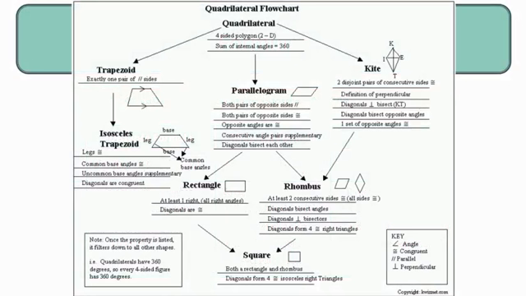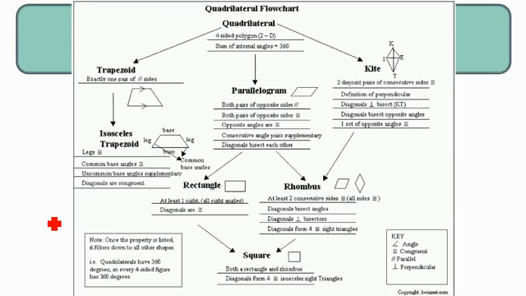If you haven't already done so, make sure you copy this chart. Make sure you look at it closely. It really lays out all the types of quadrilaterals that we've talked about and how they relate to other types of quadrilaterals. Also, under each specific type of quadrilateral, there are subcategories, and there are also the properties associated with them. So you see here that we have,